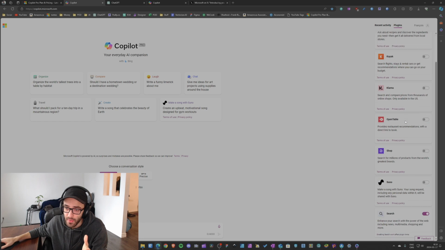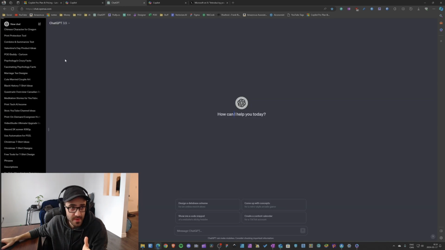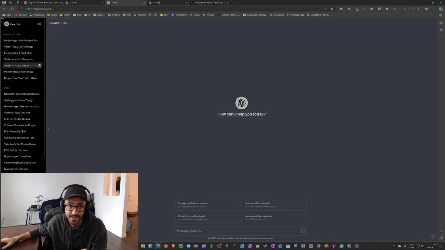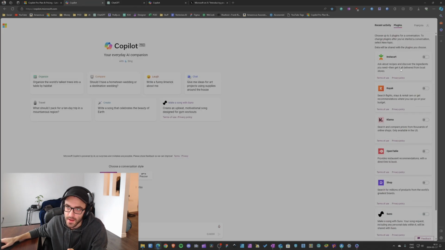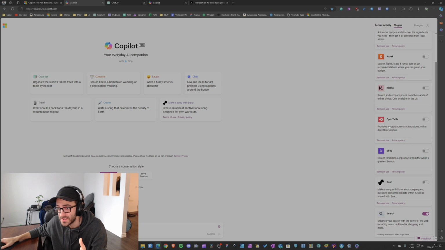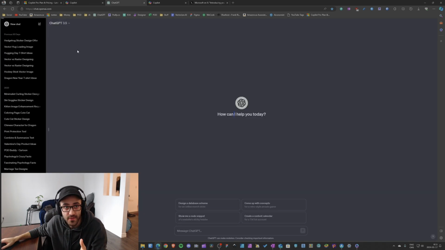I don't see that many plugins right now. I know that ChatGPT has a bunch of plugins and GPTs, but as of right now, Copilot doesn't have many plugins and doesn't have many GPTs, but I'm assuming that in the future that might improve and they might add more plugins and GPTs, because in ChatGPT, you're able to create your own plugins